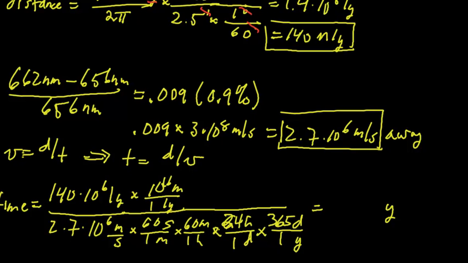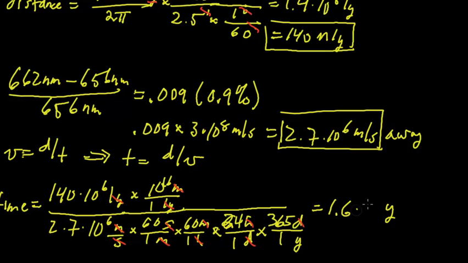Notice the units, just doing this. Meters is going to cancel with meters. Light years is going to cancel with light years. Seconds with seconds. Minutes with minutes. Hours with hours. Days with days. And the 1 over year is going to be a year. So the units check out. Going through the calculation, it helps to do all the bottom first and then all of the top. And at the end, we get about